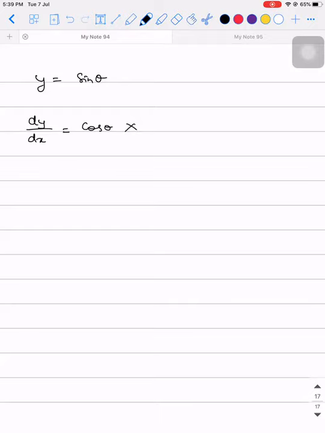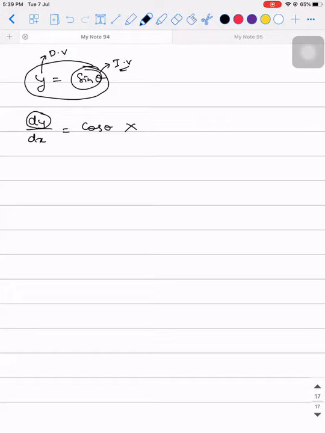This is because of not understanding when to differentiate. See, y is equal to sine theta. Here, what is the dependent variable? What is the independent variable? Y is dependent, and here theta is the independent variable. Am I right? This point is clear in your mind. So what am I doing, dy by dx or dy by d theta? Is there any x in this expression? No, sir. So you should not differentiate it like that.